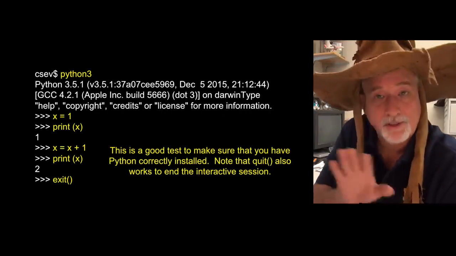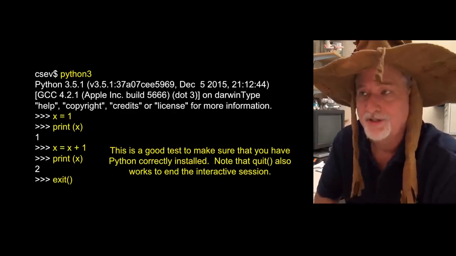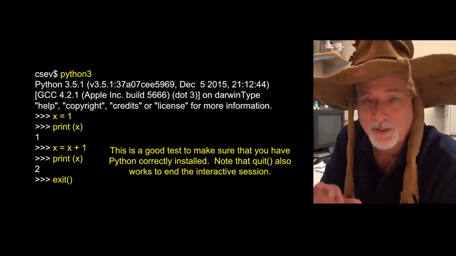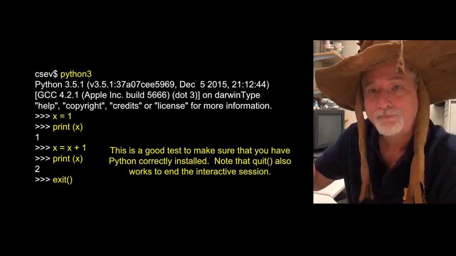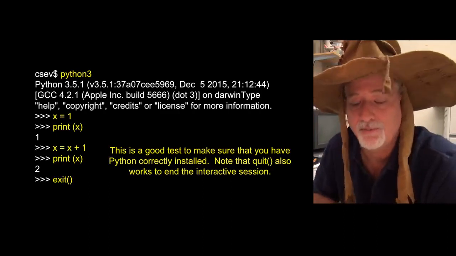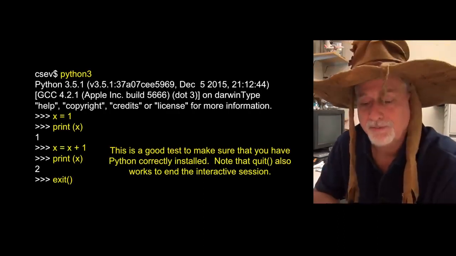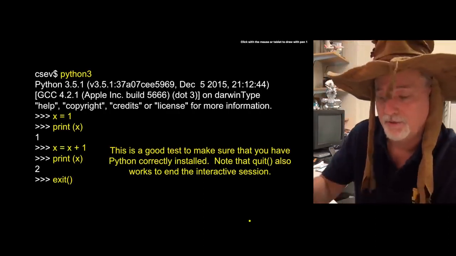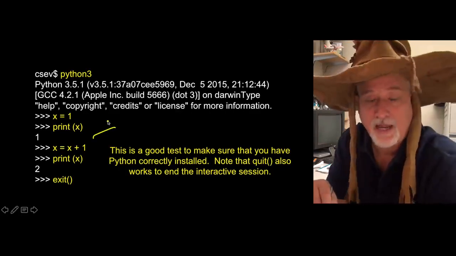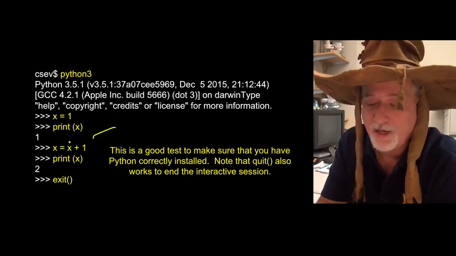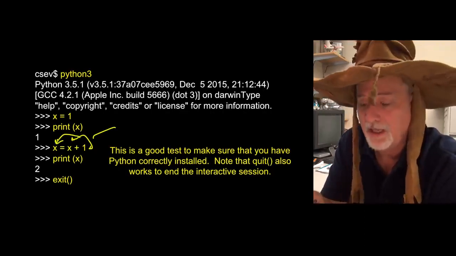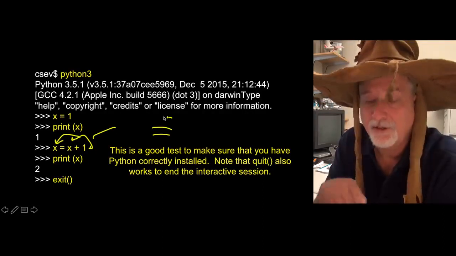Now why you want to do this, that's a different question. These are very simple things. It's going to take you a while to get the big picture of why we're doing this. So just trust me that you want to learn these statements, and then later we will successfully turn those into a program. So x equals x plus 1, the third line there. x equals x plus 1 is not, as it seems in math, it basically says, hey, go grab the old value of x, add 1 to it, and stick it back in x. That's what that means. So an equal sign really has kind of an arrow to it.